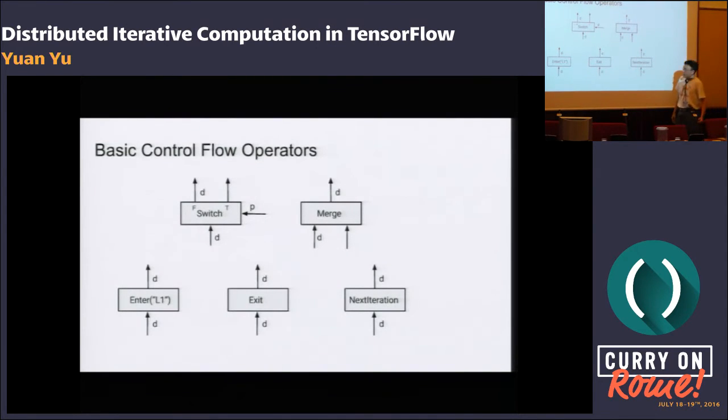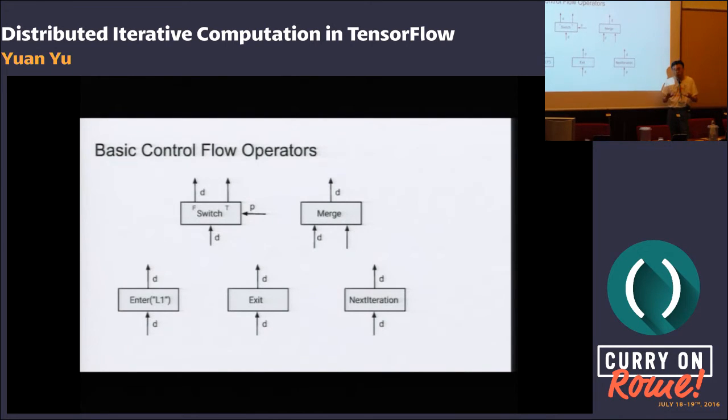There's an Enter operator that tells you to enter a frame, and an Exit operator that tells you to exit a frame. The NextIteration operator tells you to go to the next iteration within that frame. All those operators are for control flow purposes, so there's no computation. They are basically forwarding the data from the input to the output.